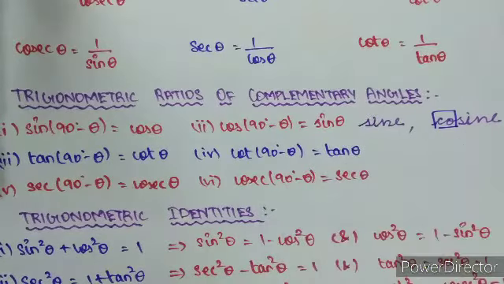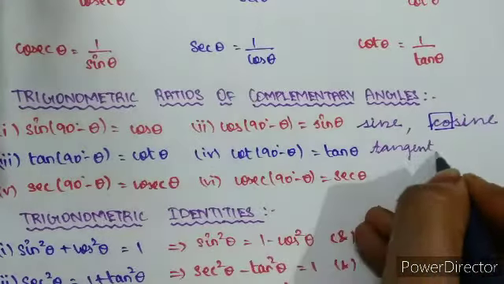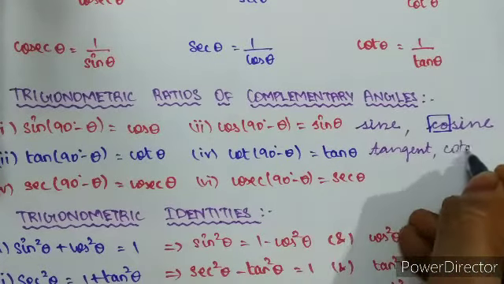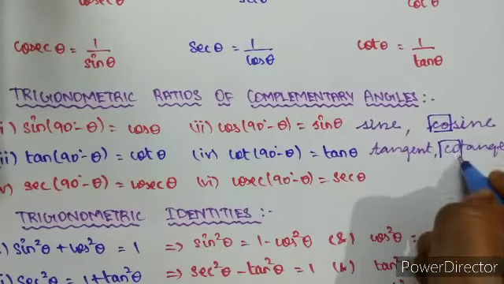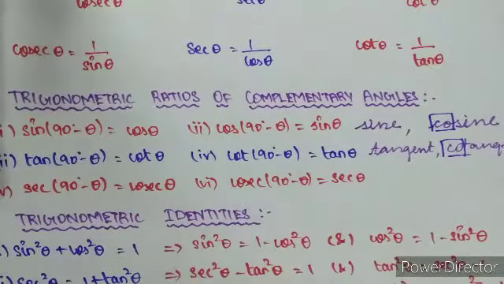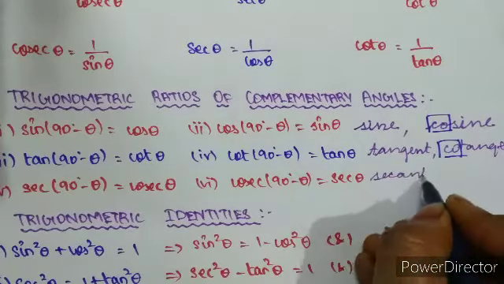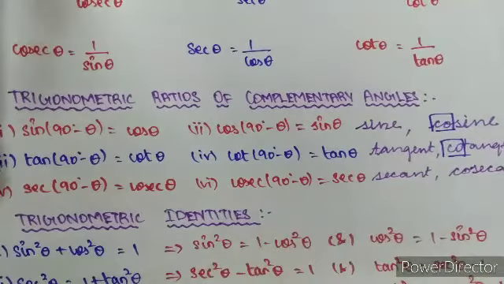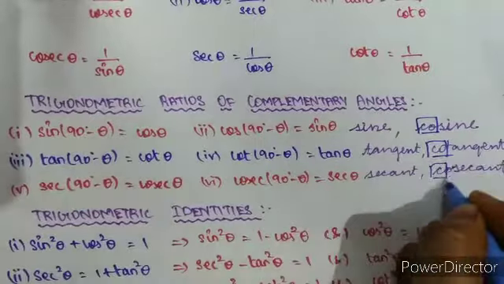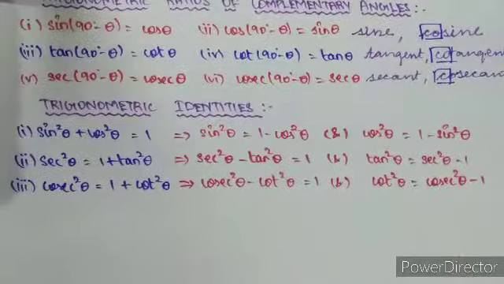It is sine, cosine. Similarly, this is tangent and this is cotangent, isn't it? The full form of cot is cotangent. Here they form the complementary pair. Tangent, cotangent, they form the complementary pair, that is tan and cot. Similarly, secant and cosecant. So here the secant and cosecant form the complementary pair. This is how you can remember that easily.